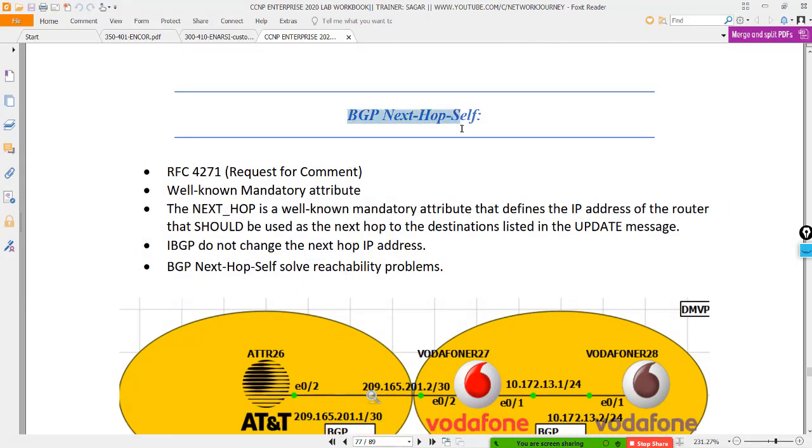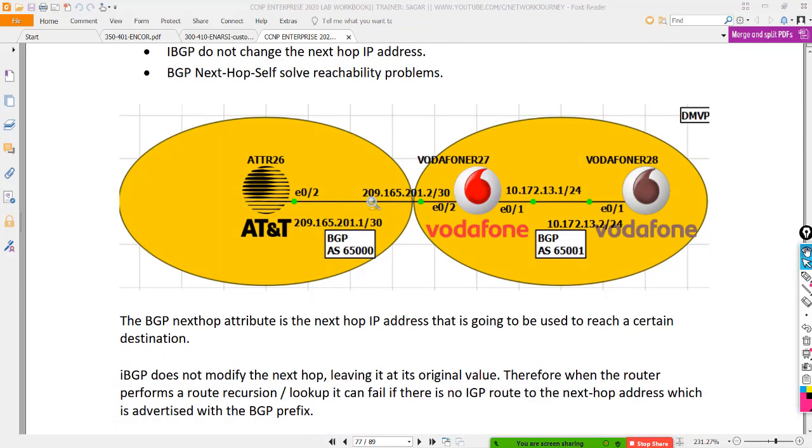And this was the last topic that we discussed: next hop self. By default, let's say this is iBGP. These two routers are on iBGP and this is on eBGP.